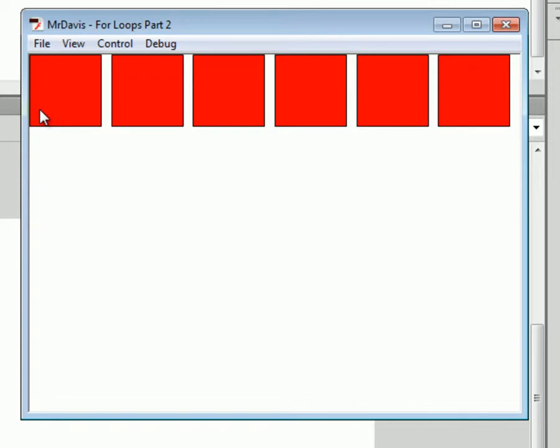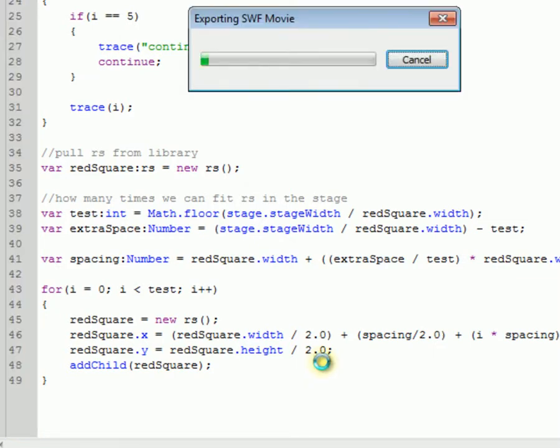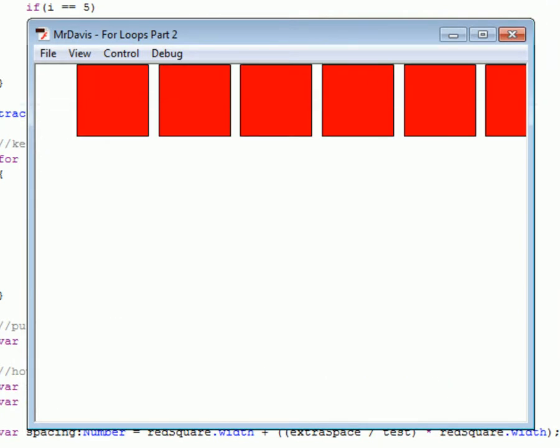So we need to do one more thing. We need to offset this by half of spacing. So yes, this is complicated, but let's do this so that we get nice clean edges. All right, so besides just adding red square dot width divided by 2 so that it lines up, we also want to add spacing divided by 2. So plus, and let's put some parentheses in here, spacing divided by 2.0 because I want to make sure it's decimal. So now that we have this, we're just pushing everything over to the right a little bit more,